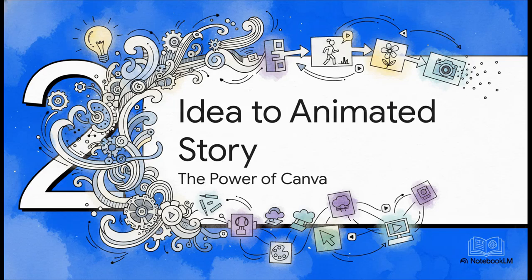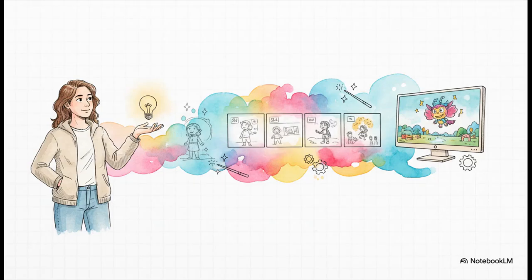Okay, so while Sora is definitely the future, there are incredibly powerful tools you can use right now for free. And that brings us to Canva, which is totally changing the game by making animated storytelling accessible to literally everyone. The biggest takeaway here, the barrier to entry for animation is just disappearing. If you have an idea for a story, maybe a children's book or an explainer for a product, Canva's free AI tools can help turn your script into a full-blown animated video. You bring the idea, and the AI helps with all the heavy lifting.